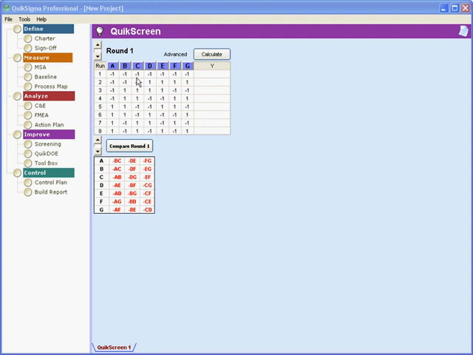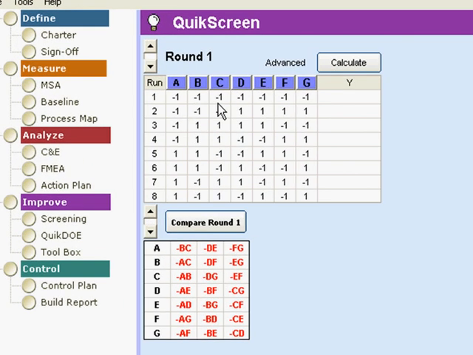One very interesting and useful form of designed experiments is found here in QuikScreen. You'll find it under Screening Designs and QuikScreen, or you can reach it under the QuikDOE panel. When you open that, that's one of the available designs. And you'll see what we've got here is 7 input variables, A through G, and one replicate consists of only